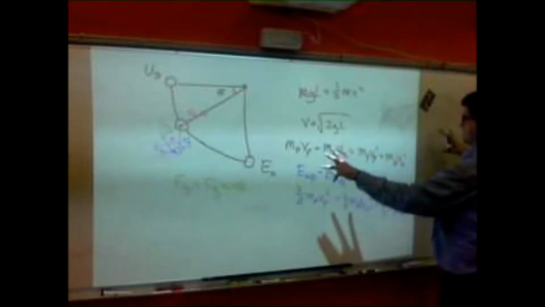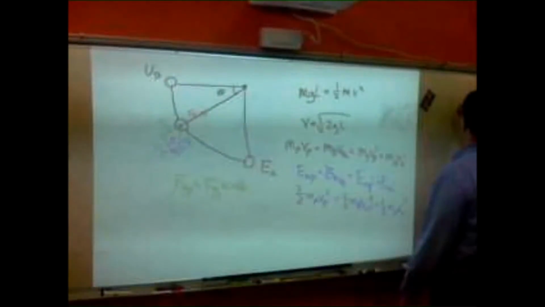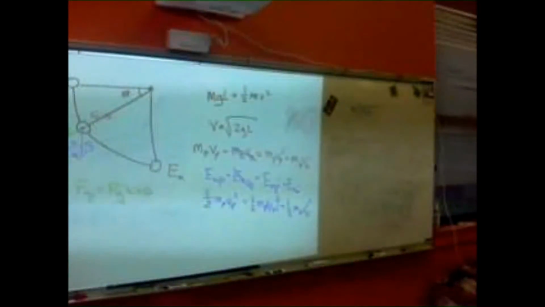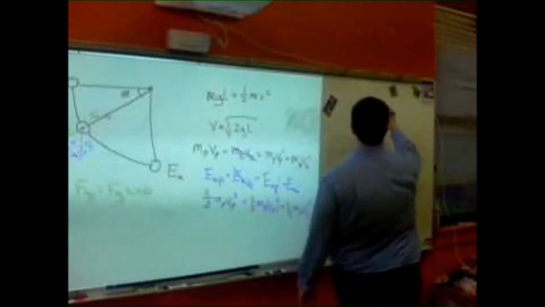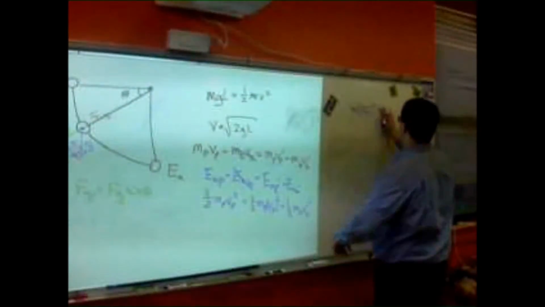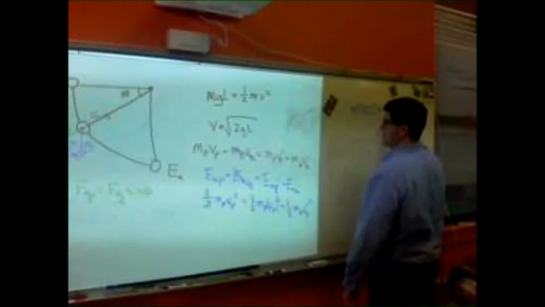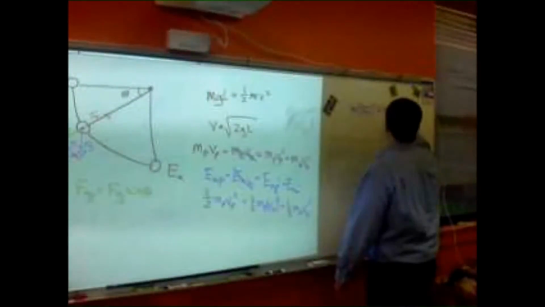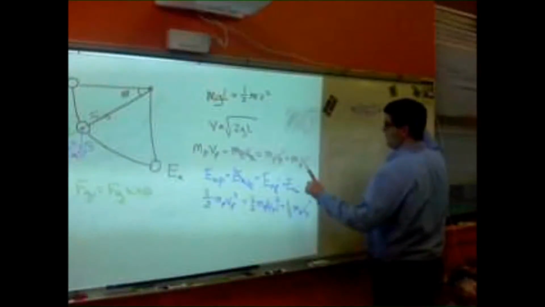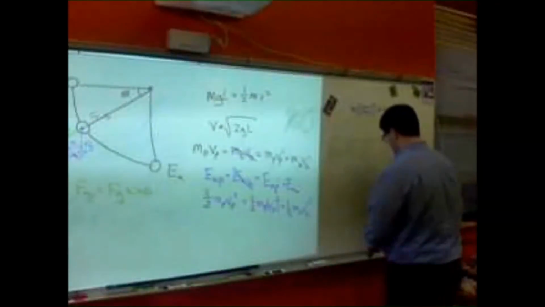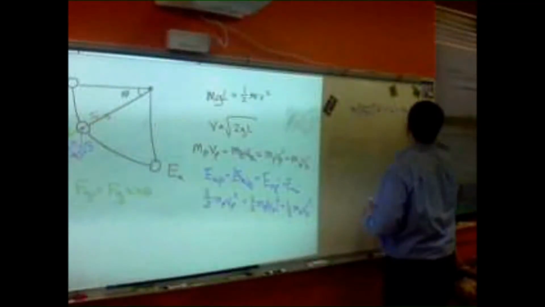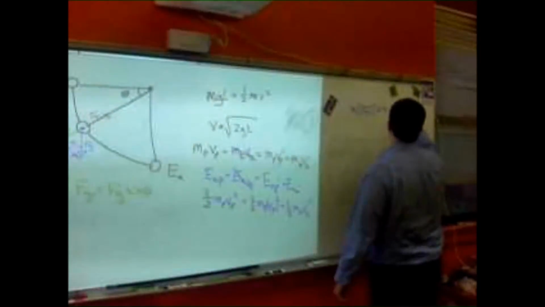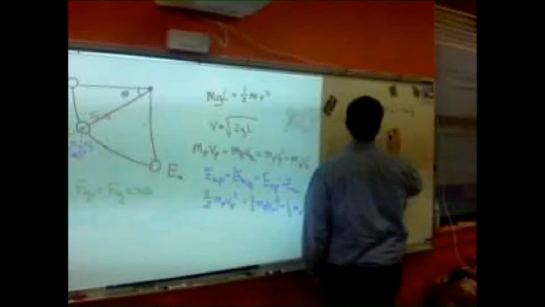So now we've got 2 equations. Let me rewrite these equations nice and neat. The mass of the pendulum is just m. So we have m times root 2gl plus 0 equals m times the velocity of the pendulum, Vp prime squared, plus 4m times our main unknown, which is going to be Vb prime. Now we can cancel out all the m's, and we go on to the other equation.